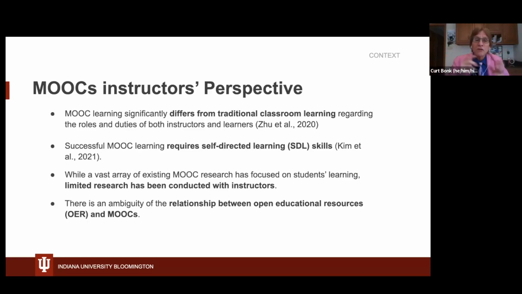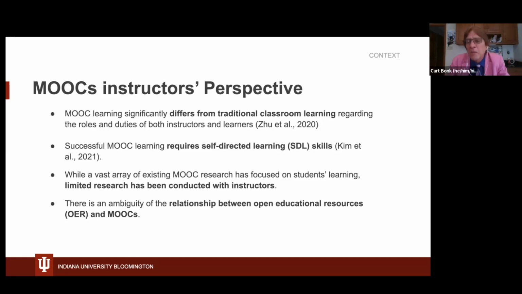But what's different here is that our study is looking at instructors' perspectives, not in North America, but in South America. And in particular, looking at how they foster an environment that learners can engage in and be more self-directed in their own success. There's a vast array of research in MOOCs and open education, most of it focusing on the student side or the instructional designer side. Not much of it looking at what the instructor is doing in particular, but there's new roles of instructors, new roles of students in these environments.